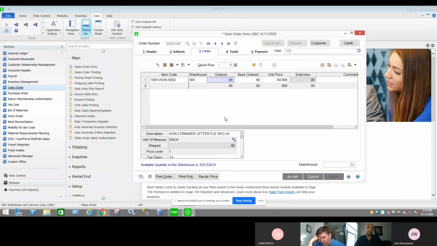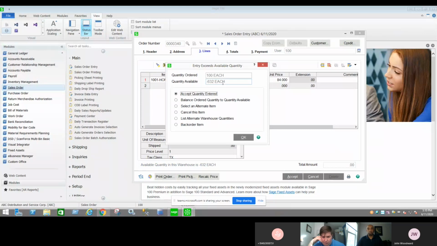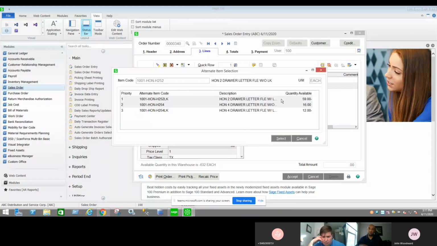That's what's on hand. So let's say I'm not paying attention and I go ahead and enter 100. Immediately presented with, the entry quantity exceeds what's available. I can just accept that because maybe I know someone's going to issue a PO. So at some point we're going to get that. But maybe I want to balance what's available. Maybe I want to see if there's another item in stock. So this is something I can do at the item level. I can say that if this item is out of stock, you can substitute with this item as the first priority,